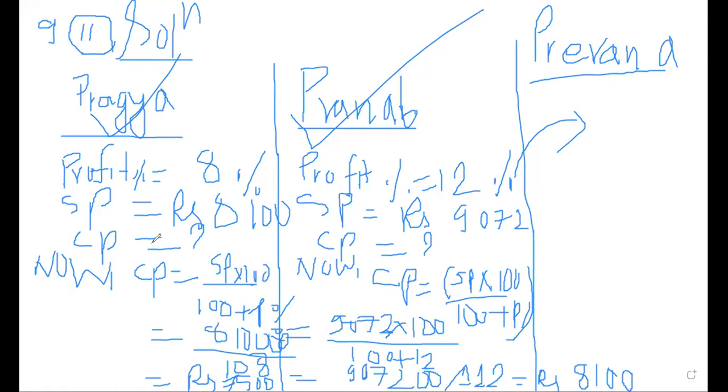Whoever sells, that will be SP. But for somebody who buys, the selling price of the shopkeeper will be the cost price for the customer, the buyer. Are you clear about that? The selling price of the shopkeeper will be the cost price for the customer. That concept will be used in question number 9. Can you do questions 8 and 9 as your practice work?